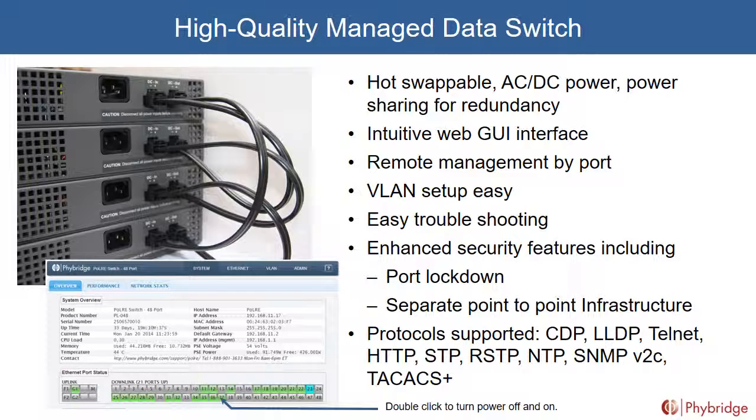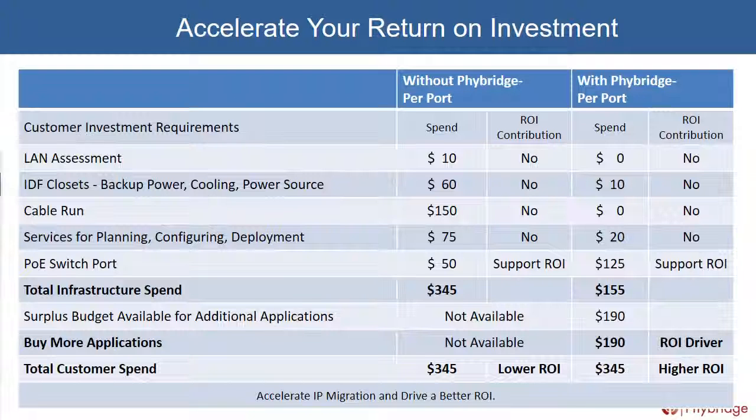Well, that's an impressive set of things, but you know, we still have to pay for it. I like this ROI chart that you have. Well, thank you. And we've gotten these numbers from a number of studies that have been done that show the average cost to get a port ready for IP voice is somewhere around the $400 range.